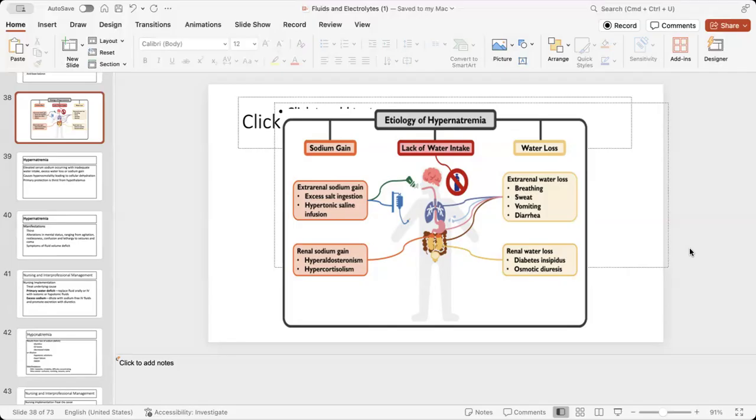We said we could give 3% normal saline for a client who has what? Hyponatremia. Okay, if I give a hypertonic solution, where's the fluid shifting? Out of the cell into the intravascular space. What am I at risk for? Overload. Good. So those are some causes of sodium imbalance, right?